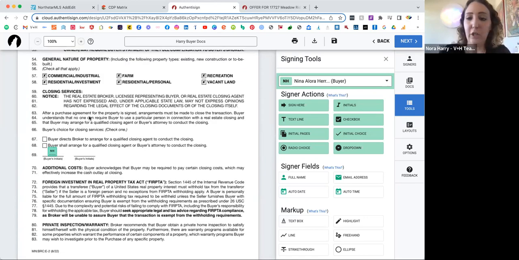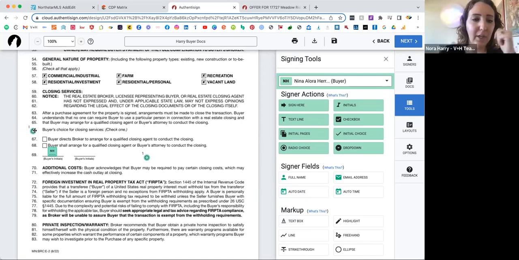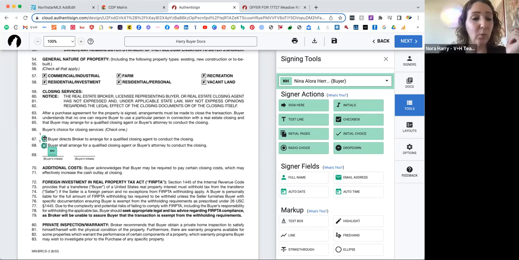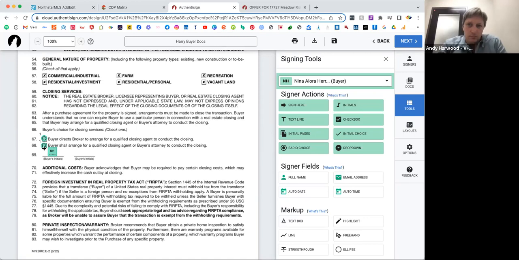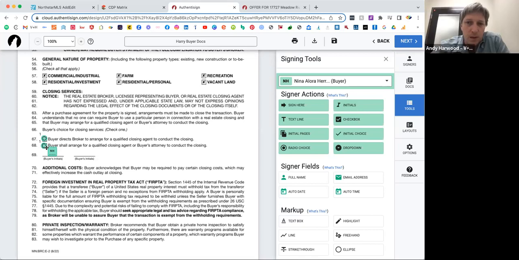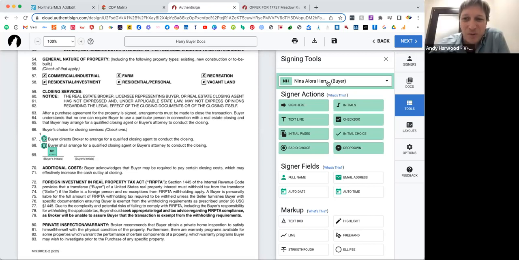All right, so radio buttons. Here you go. Radio choice. I will add. MLS has been a little goofy lately, but generally they work pretty well. So now this will give them a choice. They have to select one or the other option. So if you haven't had a discussion with them and you don't know which option they're going to choose, they can choose the radio. And remember, if you have 2 buyers on a PA, only one can make the selections. Correct. So pick the one who's the more responsible of the 2. Unless for some reason